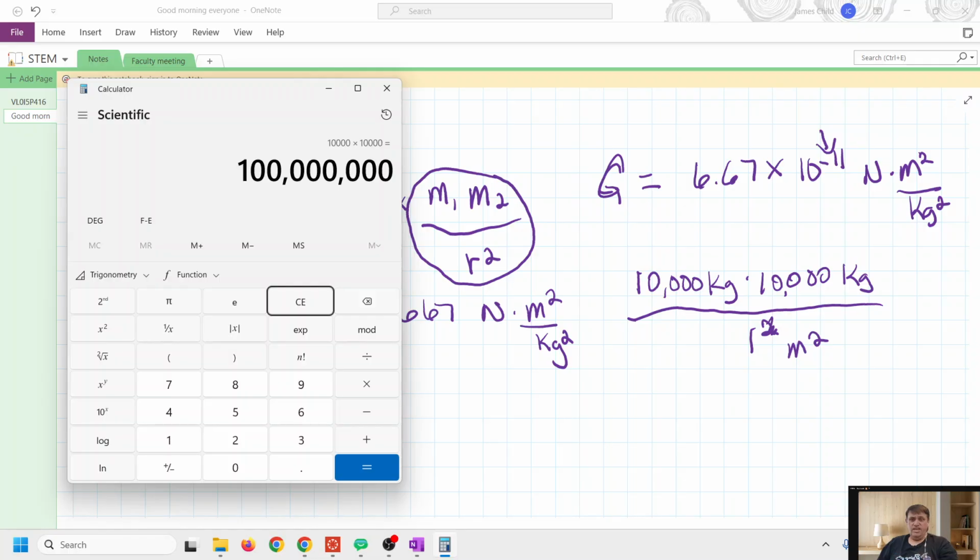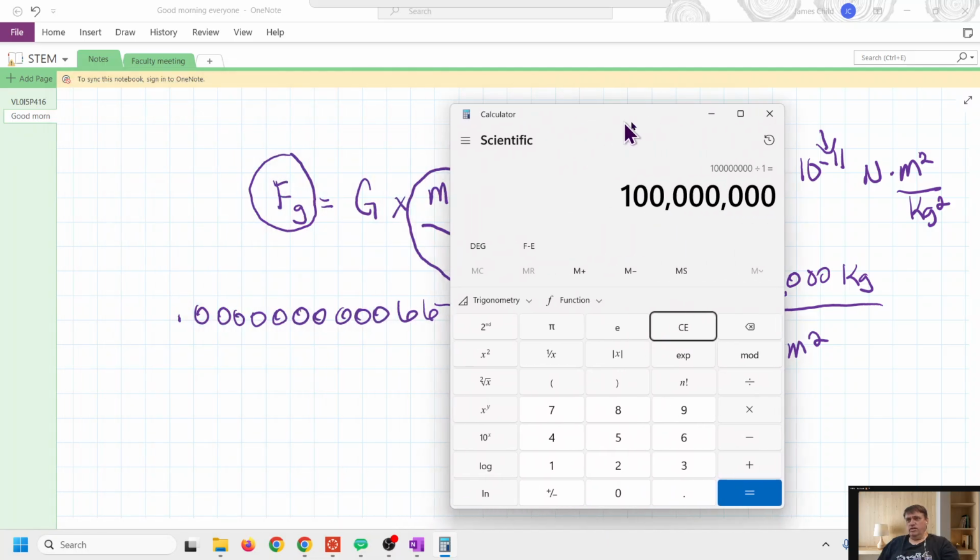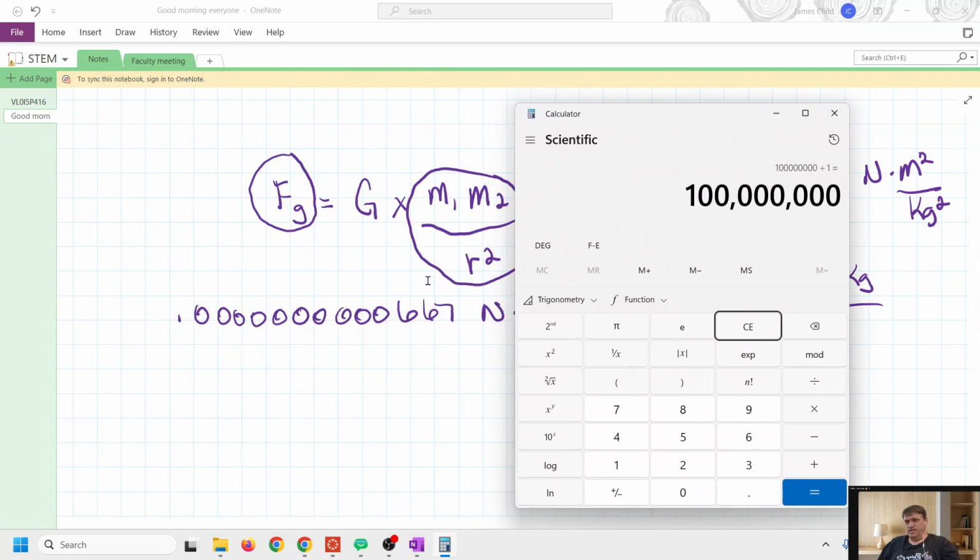Which means I'm going to divide that by 1, which is the same thing, right? But now what I'm going to do is multiply that by this number right here,